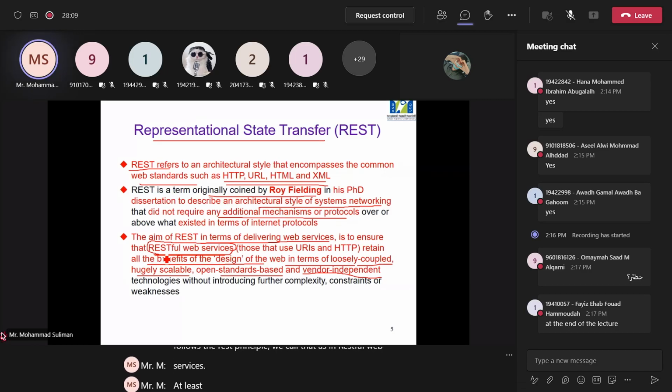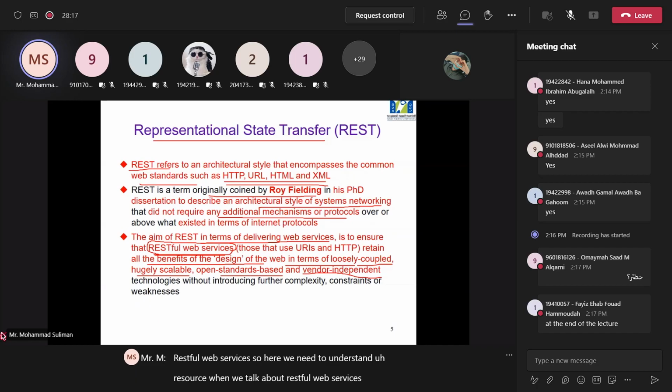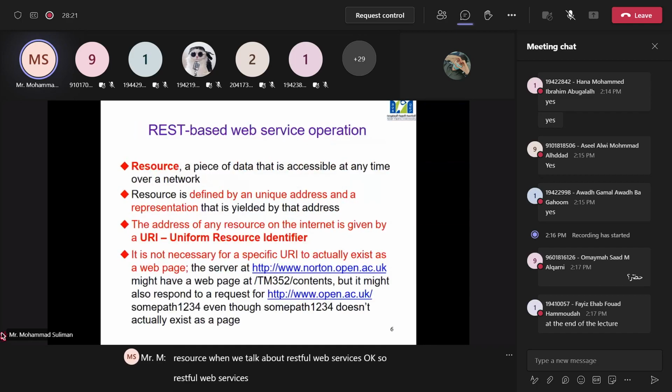RESTful web services. So here we need to understand a resource when we talk about RESTful web services. RESTful web services consider the object or a message that will be exchanged as a resource. So a resource is a piece of data that is accessible at any time over a network. So for example, in the database, I have a product,